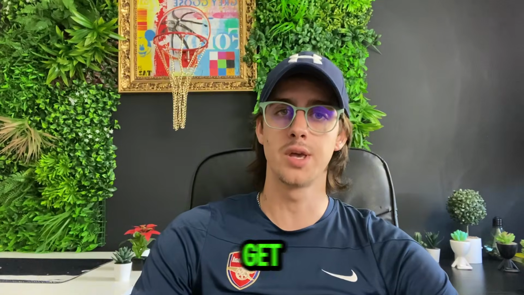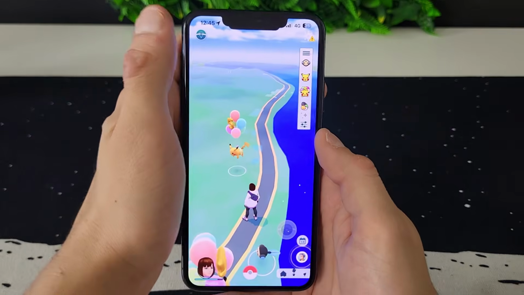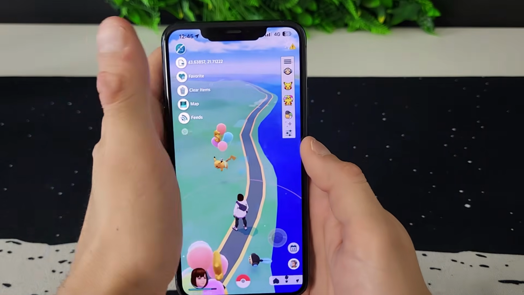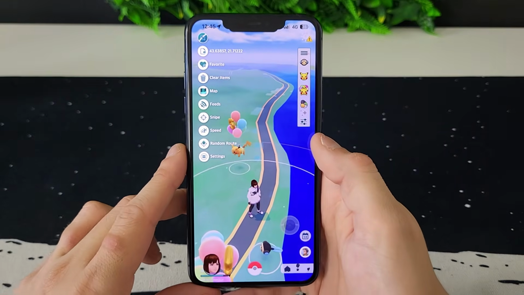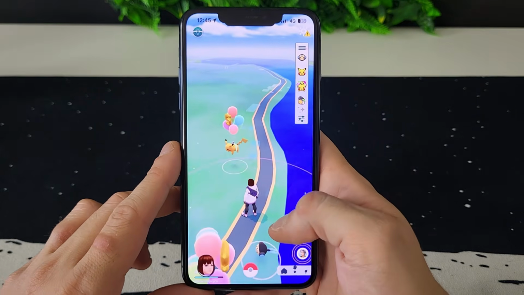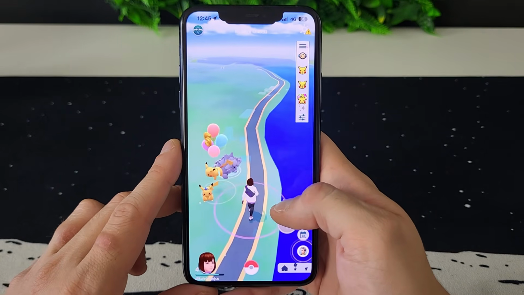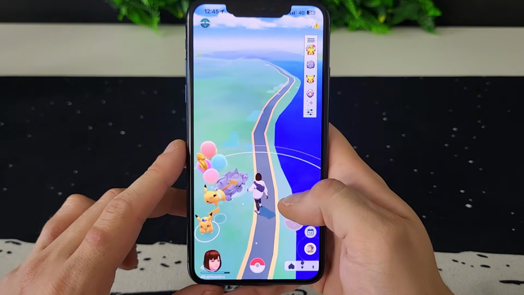So let me show you how we can get it. So people, I have the Pokemon Go spoofer and I will show you how you can get that exact Pokemon Go spoofer for both iOS and Android devices. And look at just all of the new stuff that you have here, guys. It is phenomenal. I mean, what more could you ask of it? I will show you each and every step right now how you can get it for both iOS and Android